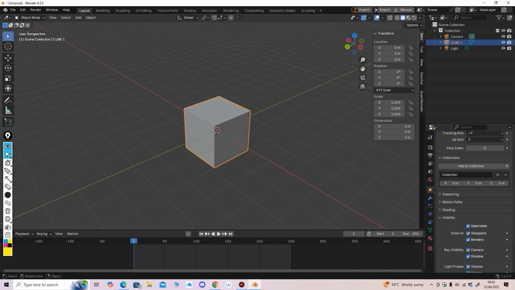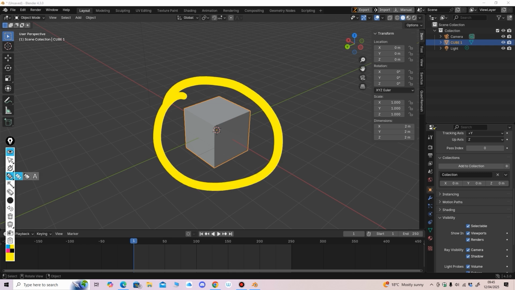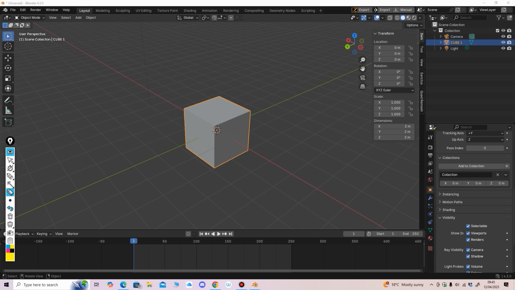So, on the left there, ignore this by the way, this isn't part of Blender, this is just known as Epic Pen, where you can just highlight stuff. This is just a little software thing known as Epic Pen. As I say, you can just highlight stuff. So yeah, this there,